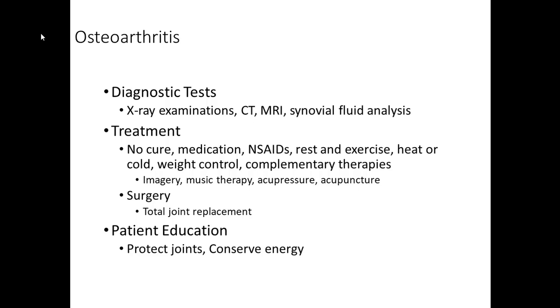All right, tests for osteoarthritis. We're going to see x-rays, CTs, MRIs, and we're going to have them look at the synovial fluid in the joint. They might have some of the fluid pulled out and looked at. Another thing that's going to tell us if they have osteoarthritis or basically inflammation is the ESR or the SED rate, because that tells us that there's inflammation. But they do ESRs for osteoarthritis.